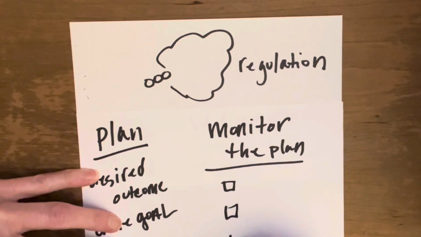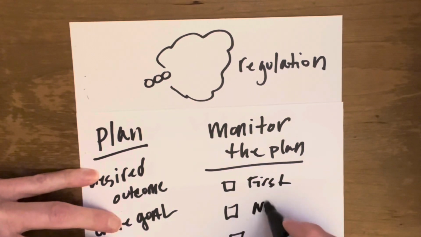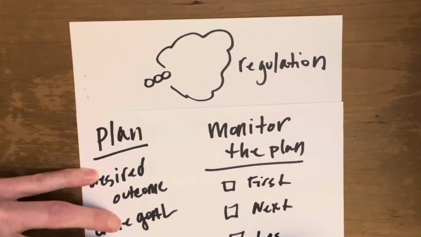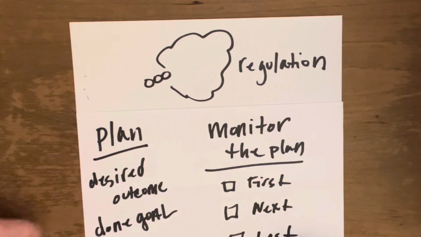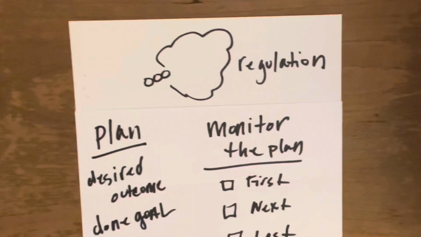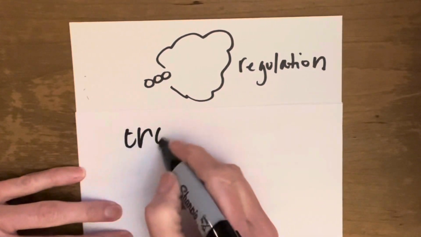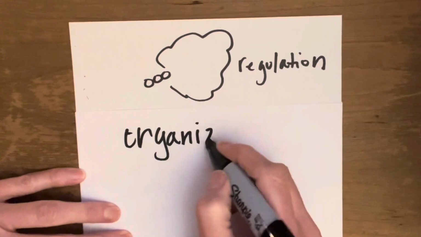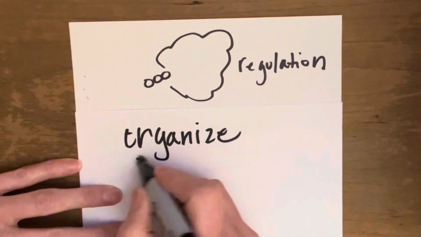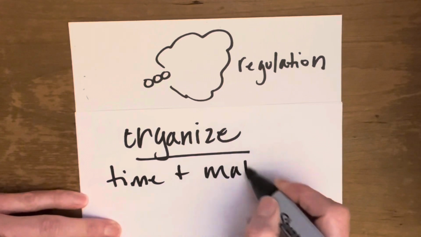What do I need to do? It's just like a story, right? What do I need to do to get to my done goal? And then what do I need? So the last inner resource, organize, so it's time and materials. What do I need